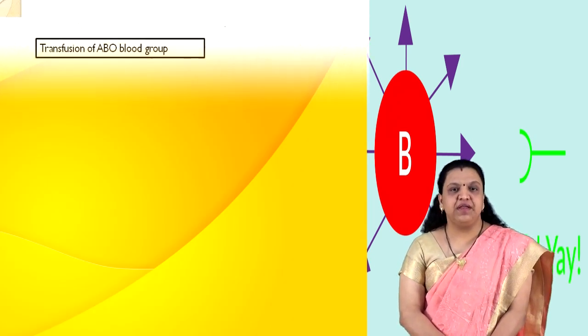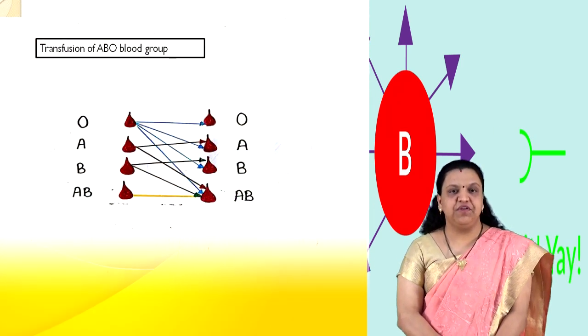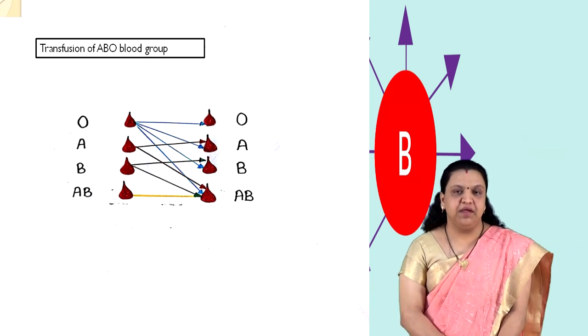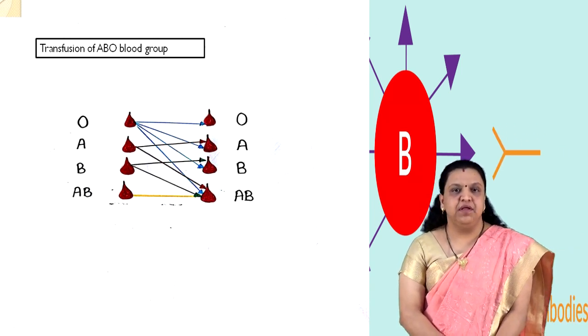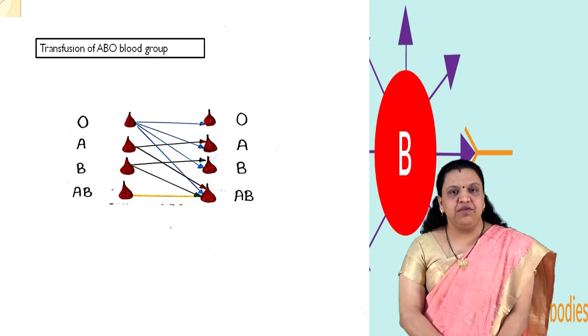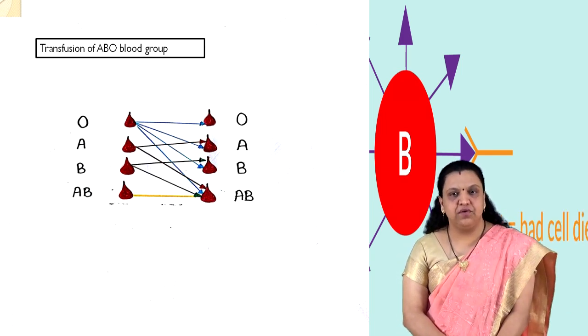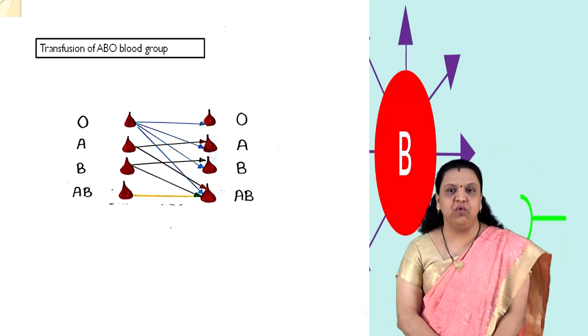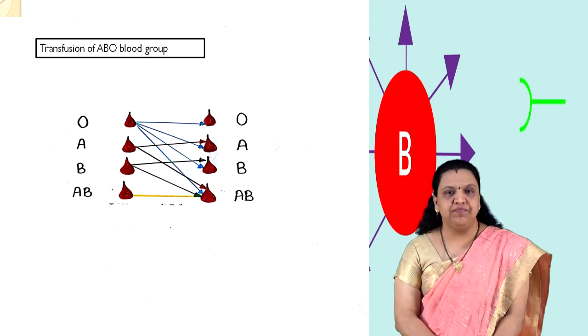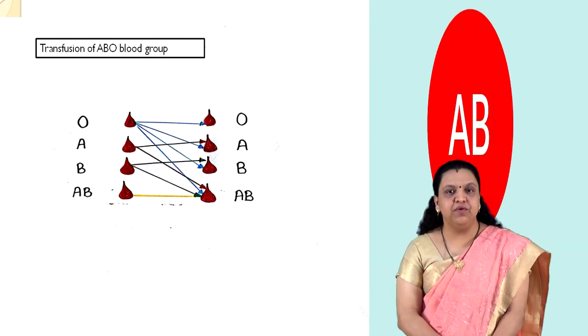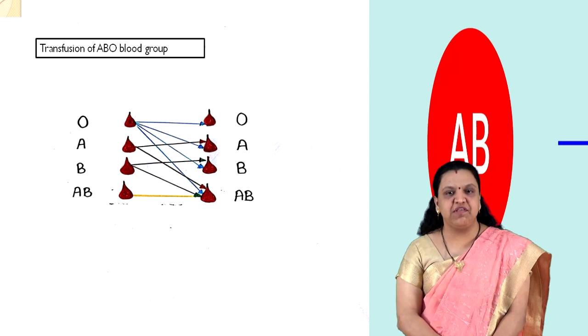This diagram clearly indicates how a person of a different blood group can donate blood to another recipient. If the donor is O, it can donate blood to almost all the blood groups, that is O, A, B as well as AB. A person with blood group A can donate blood only to a person having blood group